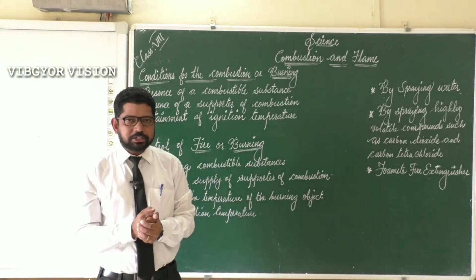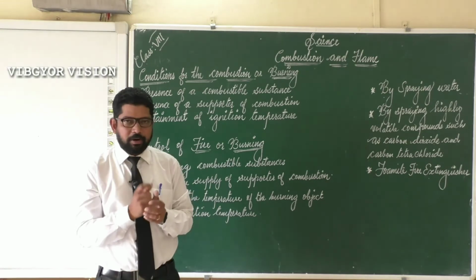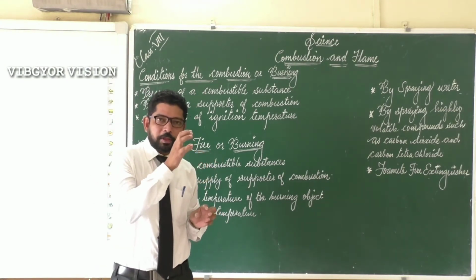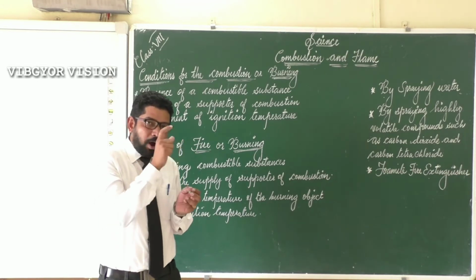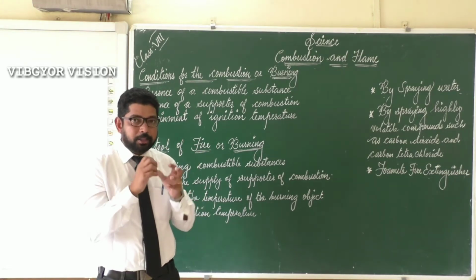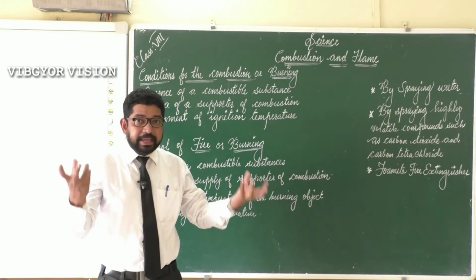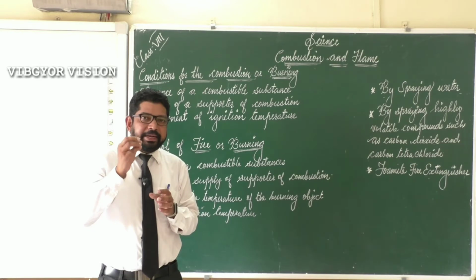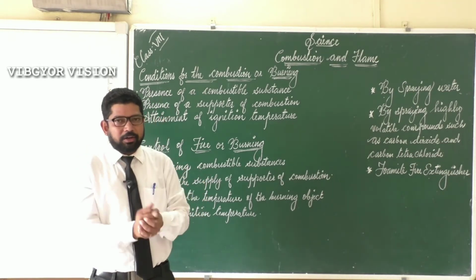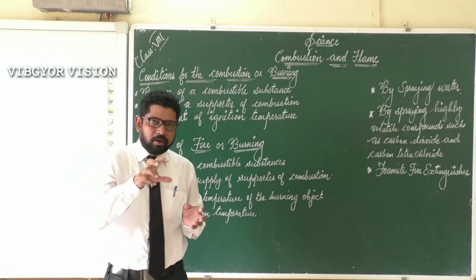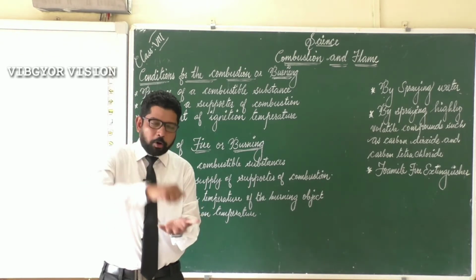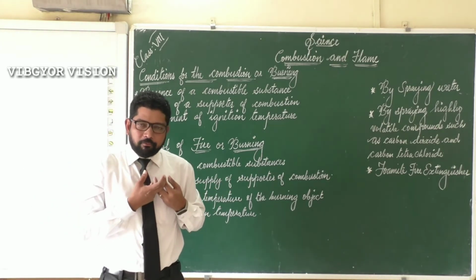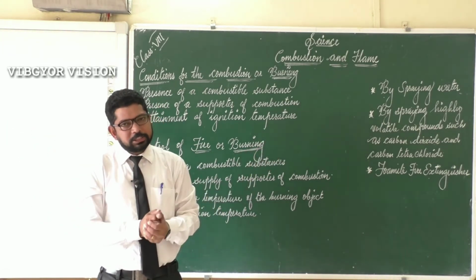But in some situations, we don't use water. What is that? If a fire is caused by oil, we should not spray water. If we sprayed water in that case, what happens? The accident caused by fire can increase. Why? What is the reason? We know the density of oil is less than water. So if we sprayed water, what happens? Oil will float above water, and wherever the water goes, the fire will also spread.